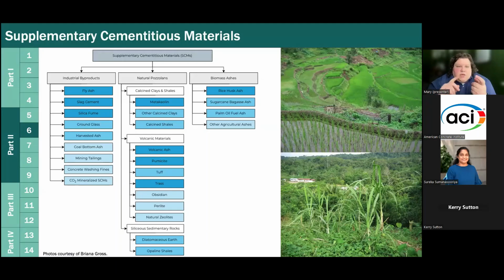And for each of those, we tried to go through what is it, how is it made, what's the composition, what are the physical characteristics, is there an ASTM spec or other AASHTO spec, how does it affect fresh performance and hardened properties, and a little bit on availability. For so many of these materials, there are full reports from ACI and other organizations that go into great detail. But we wanted to show an overview of all these materials, and that's what we provided for most of them. There's more information provided on the proven and emerging than there is on experimental, largely because in some cases it's just not available.